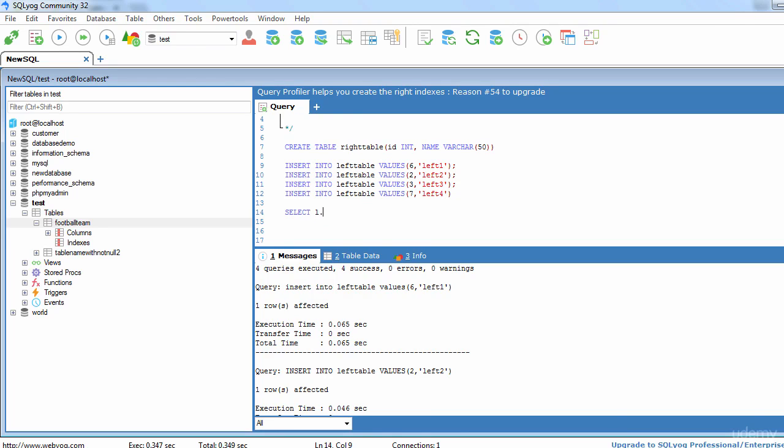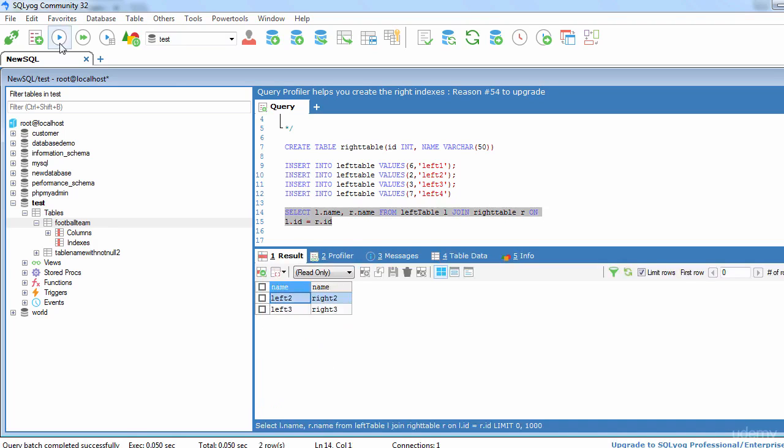For left I am taking l dot name comma r dot name from the table named left table l join right table r on the column l dot id equal to r dot id. Let's execute it. And here we can see that common data from both tables has been brought together.